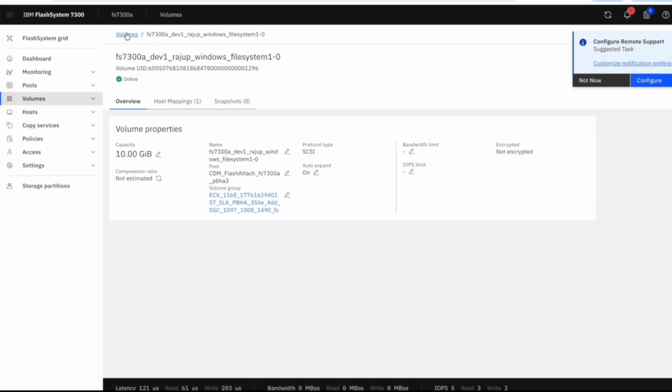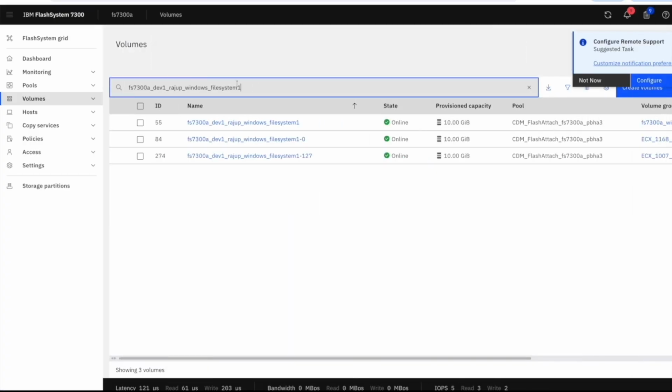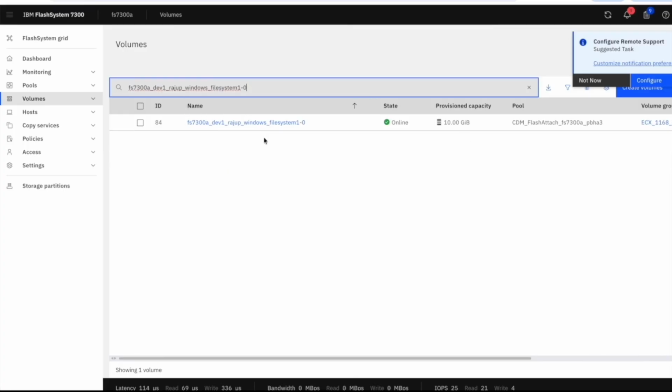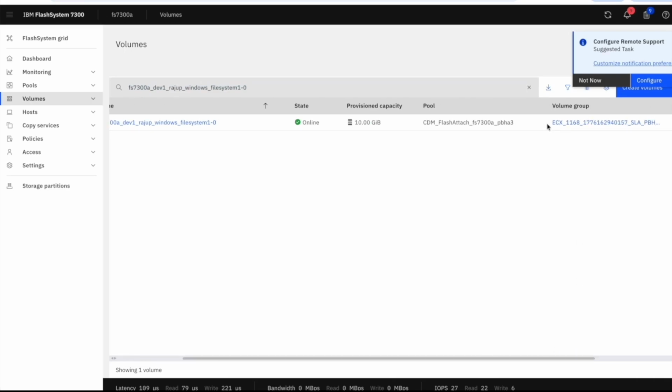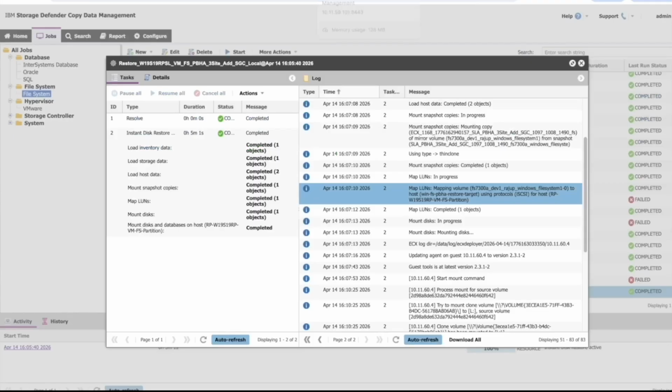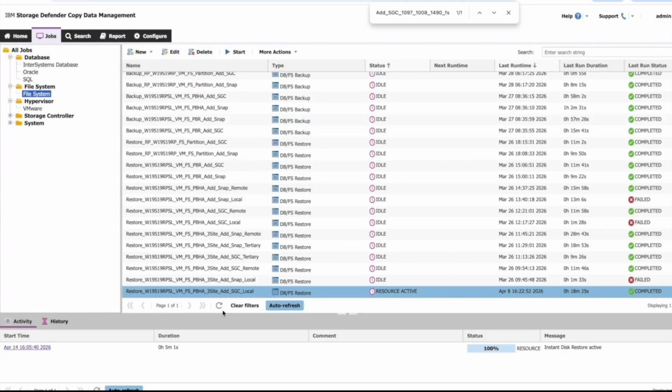We'll go to the FlashSystem FS7300A, as we selected the recovery point from FS7300A, and we will search for the respective temporary volume on this FlashSystem. You can see it has created a temporary volume and temporary volume group. We can see the same volume group, highlighted, is available in the log as well. This is how it will create the